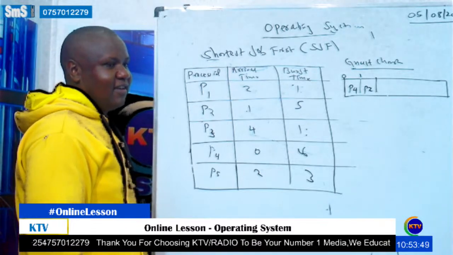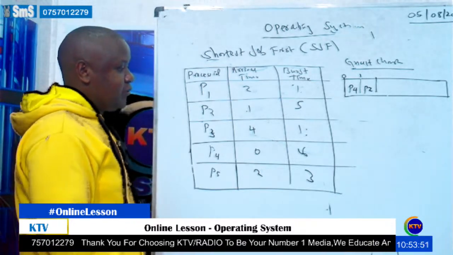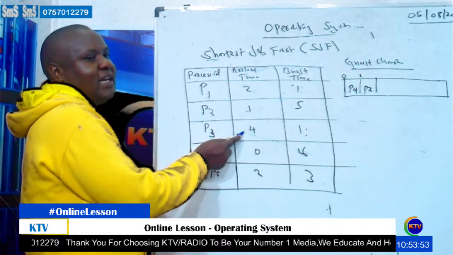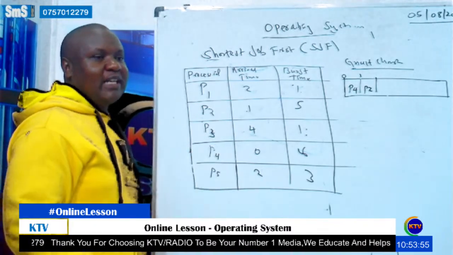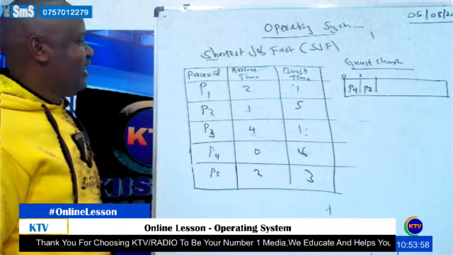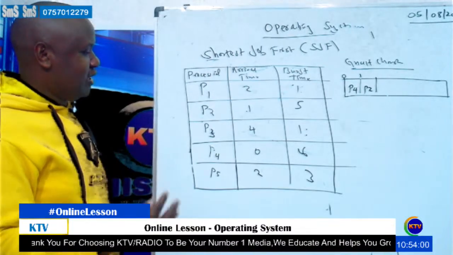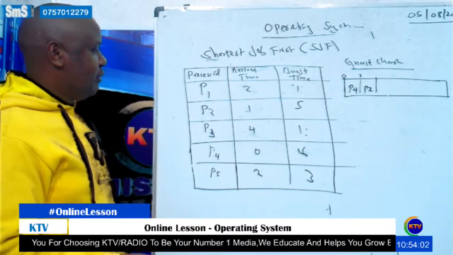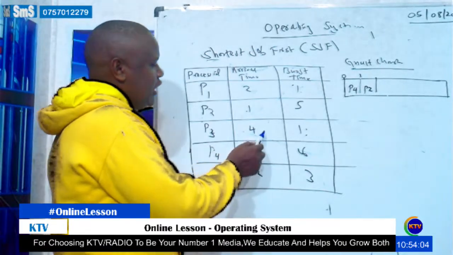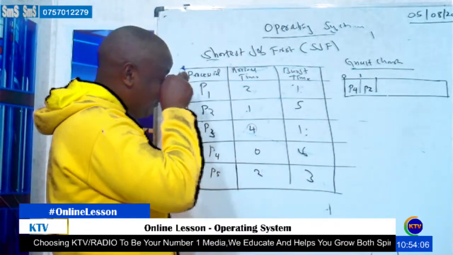We look at the arrival time, exactly. Because there's no way process 3 will start and it has not arrived. You cannot start a process which has not arrived. Normally you start a process which has already arrived, because even if process 3 only was expected to take 4 milliseconds,